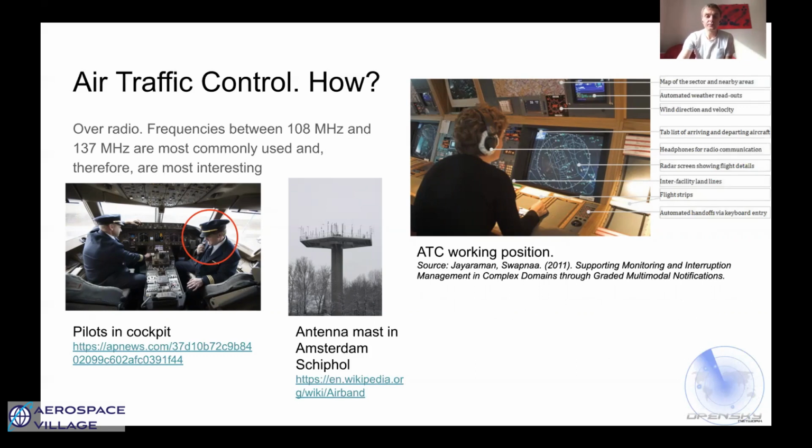So as I said, the communication between the pilot and the air traffic controller is verbal, meaning that once it is said, it cannot be returned to later on. But you can probably come up with several scenarios where one would like to return to what was said. For example, a pilot wants to double check the instructions